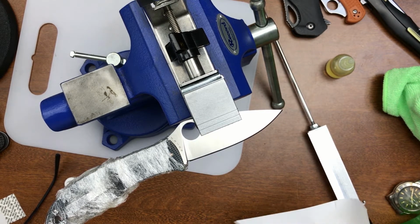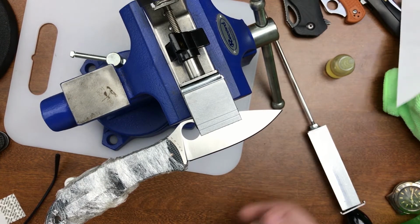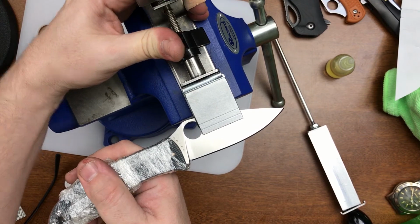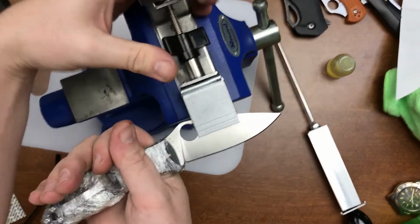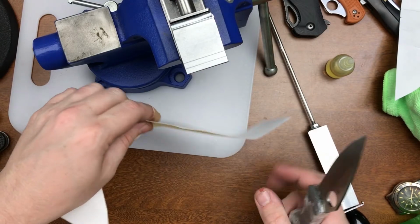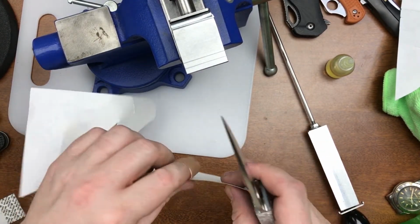Anyhow, let's see if this thing will cut the paper now that we're done with it. Well, I'd say that's a success. Anyhow, we'll get it down out of this and give it a real test. And this is that same junky old paper I've got. And it's really junky, and if I quit cutting my Band-Aid,